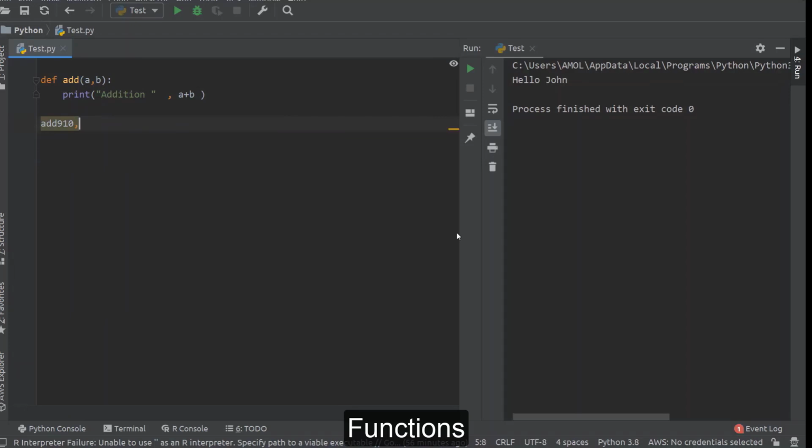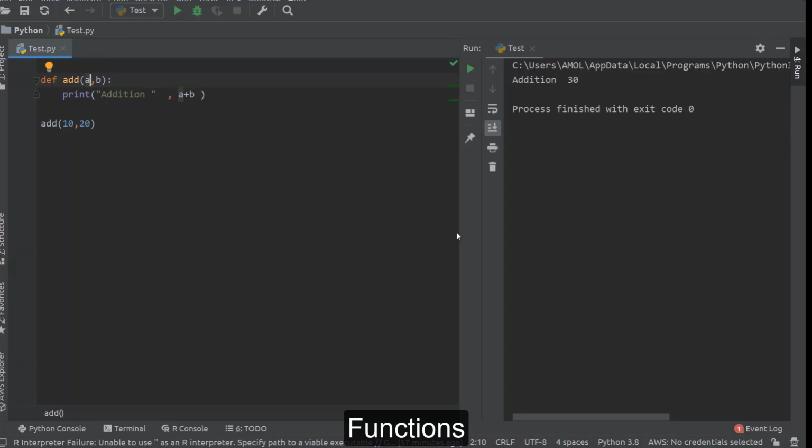Here we can call this function like this by passing these two values, 10 and 20, and it is printing the addition. So the bottom line is this: we can pass any number of arguments, and any type of arguments also. The only thing is that while defining a function, the way we are defining it, the number of arguments and the number of parameters should match. There are some alternatives for that also, but currently the number of arguments and parameters should match here. So these values we are passing are known as arguments. This is the input to the function.